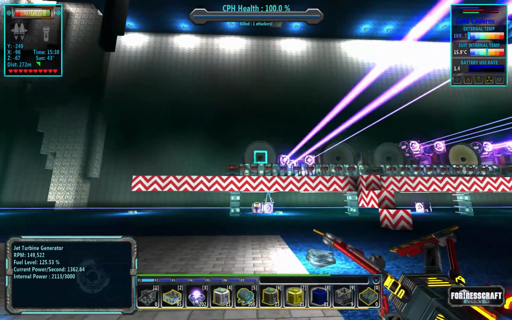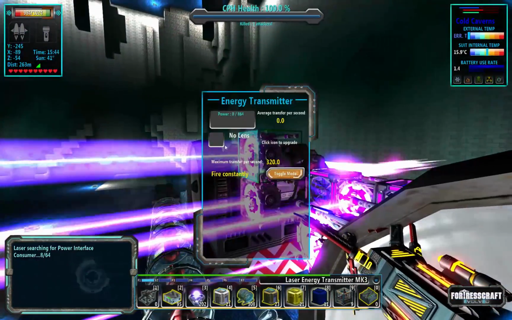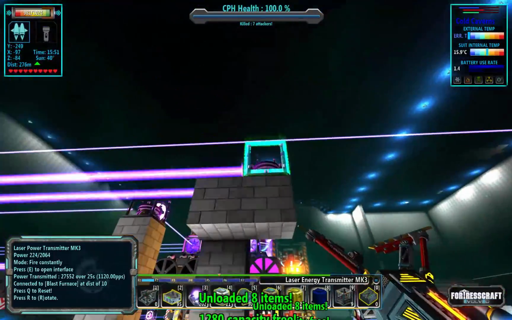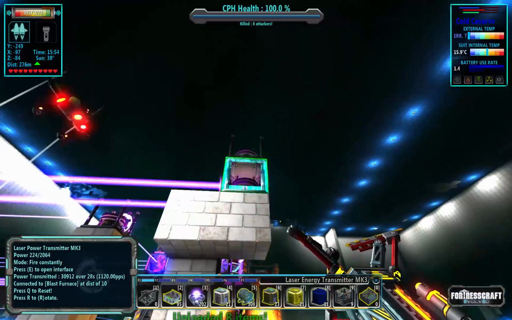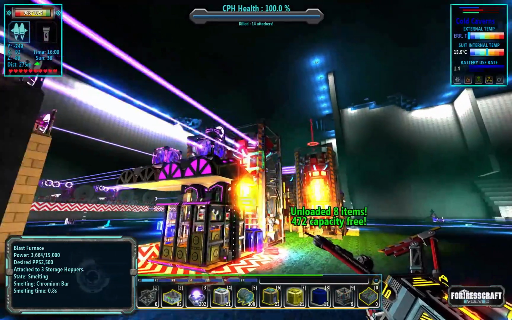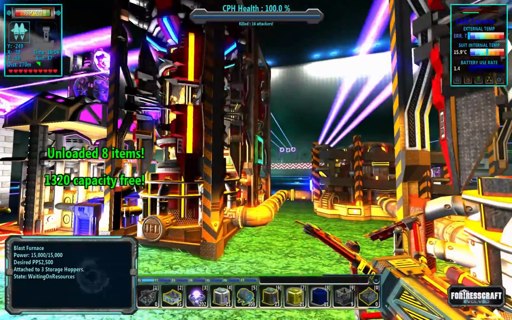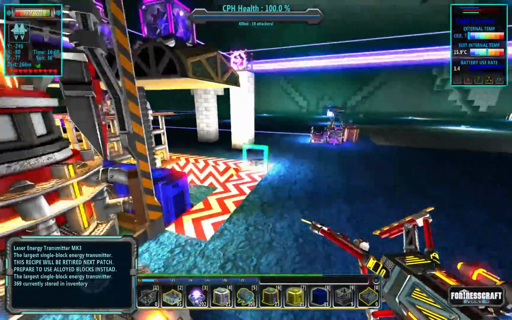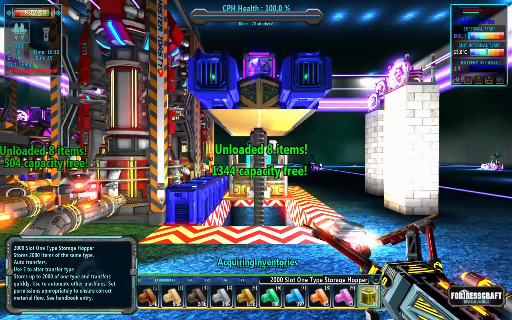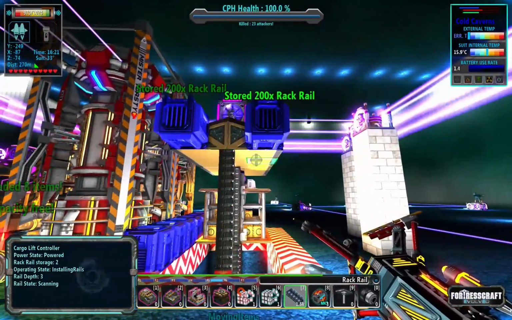So I'm thinking we're going to want another one here, with another one here. And that should dump enough power to keep these things going full blast. At least for now. And I'm going to want to spit out some more chrome. And we're going to need to do the rack rail thing again. So two rounds of rack rail should be able to